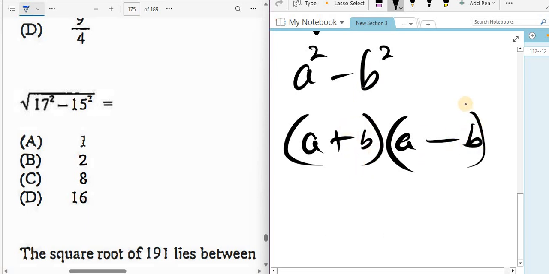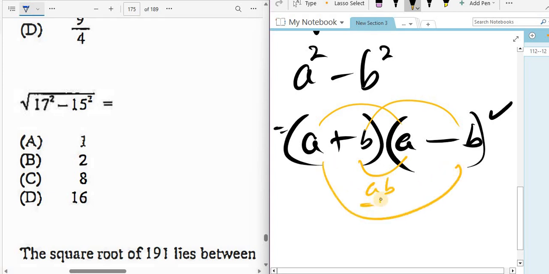All right, and that's saying the same thing as this above. We know that because a times a is what? What's a times a? A squared. What's b times negative b? Negative b squared, right? But when we look at this inner, positive ab, and look at this outer, negative ab,